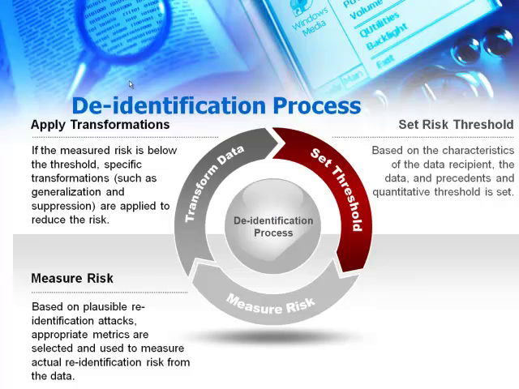So if I'm giving data to an entity that is a fortress and has very strong security and privacy processes for protecting the data, then the risk in that transaction is much lower than if I'm giving a data set to a researcher who runs a small lab and doesn't have any infrastructure support and very few practices to handle sensitive information. So in that second case, the risk will be much higher. The risk in that transaction is much higher, and I will use a different threshold then, because the chance of a breach in the second case is much higher than the chance of a breach in the first case. And this is really what we're getting to.